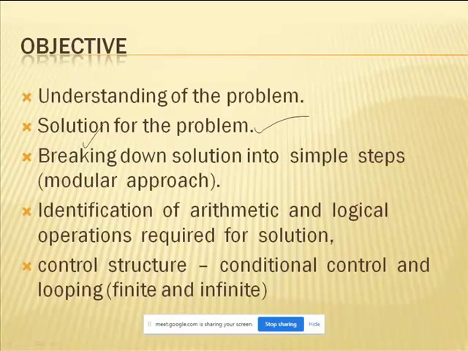And if the condition is 60, less than 60 is second class, greater than 60 is first class. If the condition set is 70%, above 70 is distinction. Less than 70 is not distinction, only first class. That is the condition that you are going to apply here. I will explain it, no problem. Just these are the things that we are going to cover in this unit 1. I'm telling you right now.